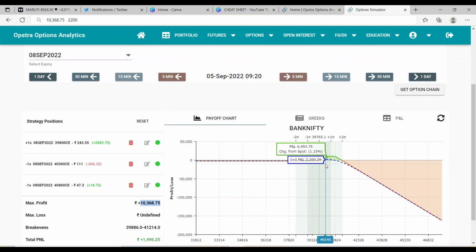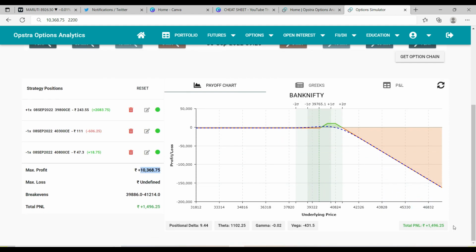Okay, so now we will be in a dilemma about whether we should do the adjustment, because we already got the profit, right? So we plan to do the adjustment by booking this 39,800 and moving it to 39,900. We can do that, but the moment we do this, the range will decrease. What is the threat of a ratio spread? The threat of a ratio spread is bigger momentum, a bigger gap up. So unless I'm in a panic situation, I will not do it,